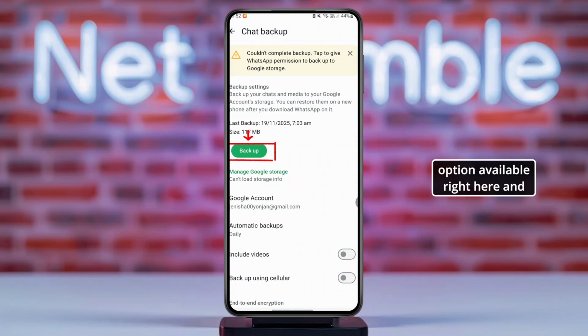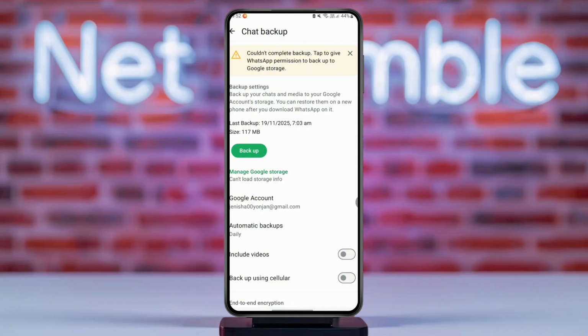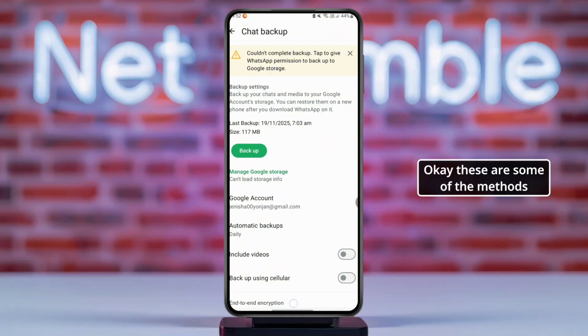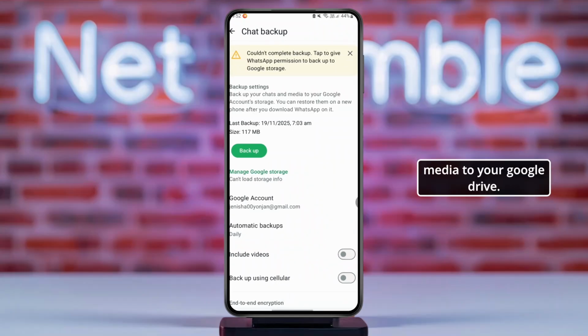and you can just go over and tap on this backup option available right here and back it up using your Wi-Fi or cellular data. You can just go over and turn it on to initiate the first automatic backup. And that is also how you back up WhatsApp media to your Google Drive. Usually these are some of the methods you can follow to go ahead and back up WhatsApp media to your Google Drive,